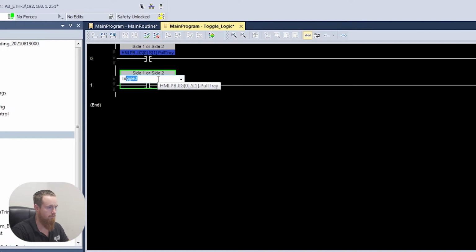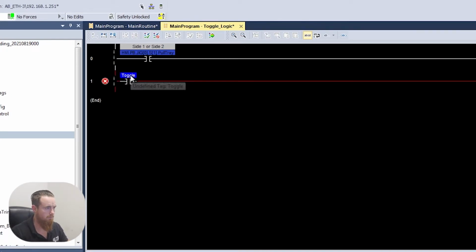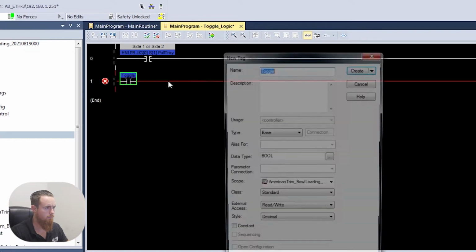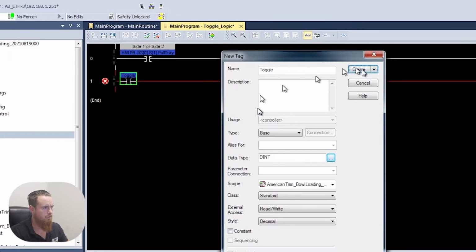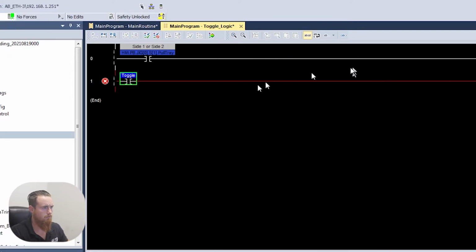I'm going to go ahead and just make some of this a little bit more simple. So toggle, and then we're going to create new toggle. I'm going to just make a dent of it so that we have plenty of bits to use. Create